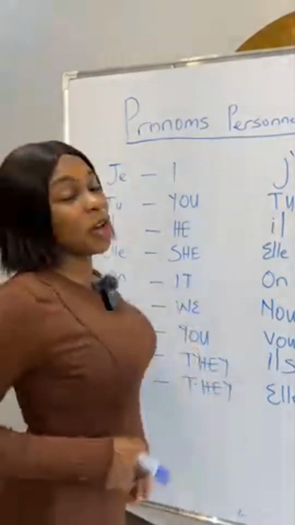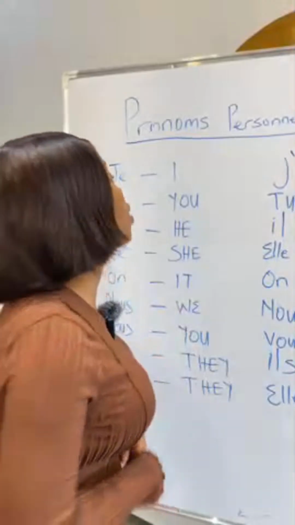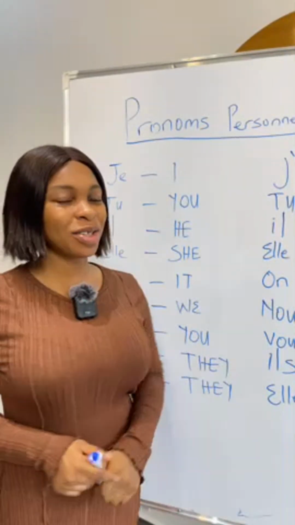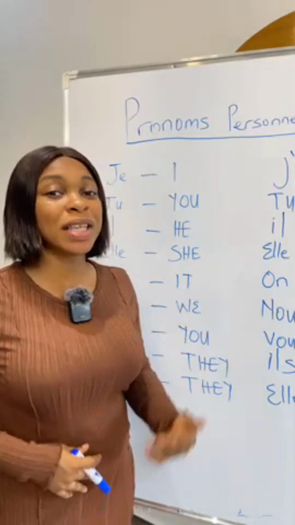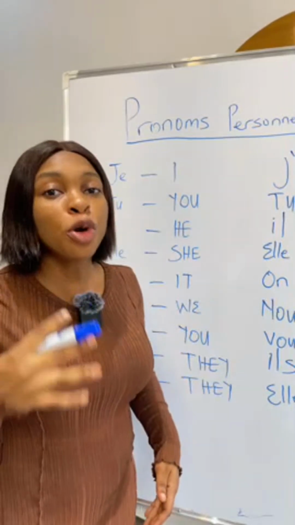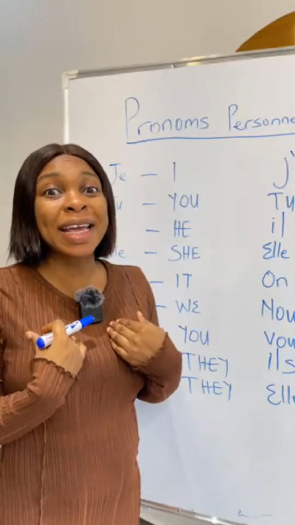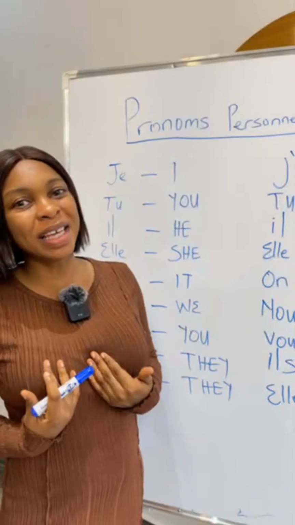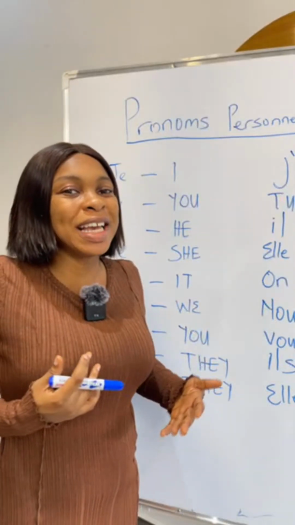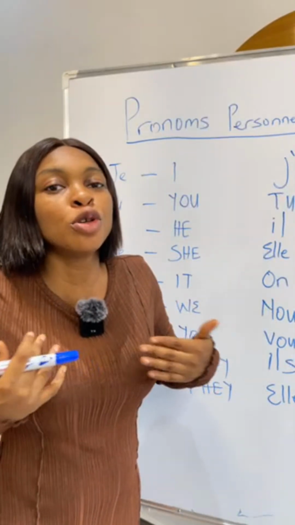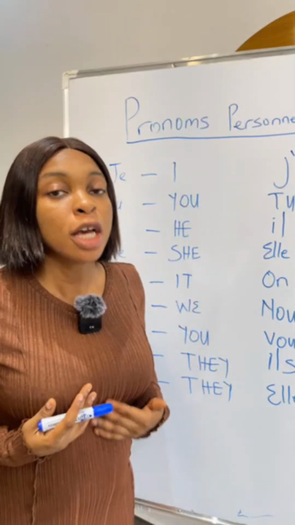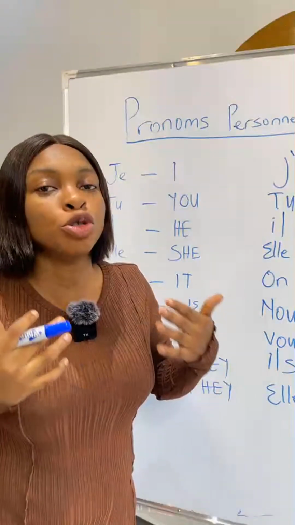So that is because letter E in French is pronounced E. All right, so that makes J-E pronounced as Jo. So Jo is I, like Je m'appelle. When you want to say my name is or I am, you don't say J, you say Je. Je suis, I am. Je m'appelle, my name is. So that I is pronounced as Jo.